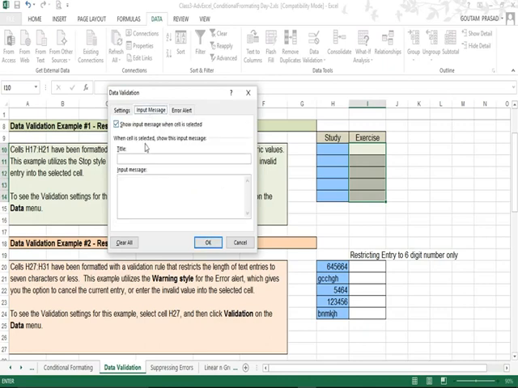Before clicking OK, if you want to set some message, input message, only numeric values are accepted. Okay, this will be the input message, and if the user at all enters a wrong value, then he will be